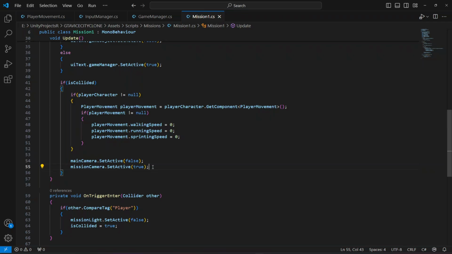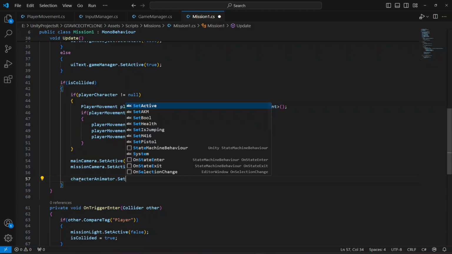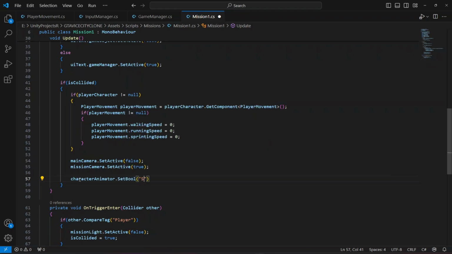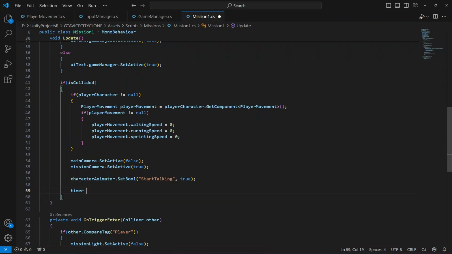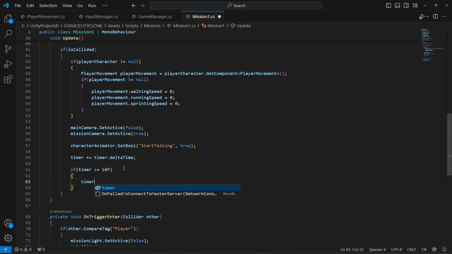Then after this we will set the character is talking, the start talking bool, to true. So you'll say character animator dot set bool, its name is start talking, so set that to true. Okay, then timer plus equals time dot delta time. We will start the timer, and then we will say if timer is greater than or equals to 10, then in this case we will reset the timer,